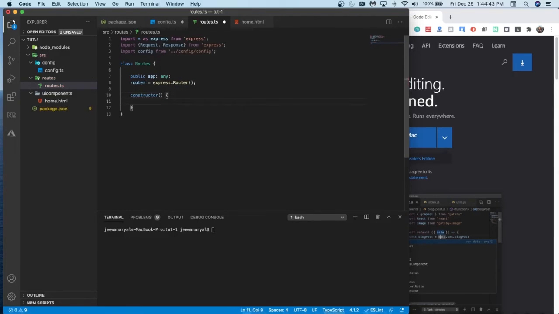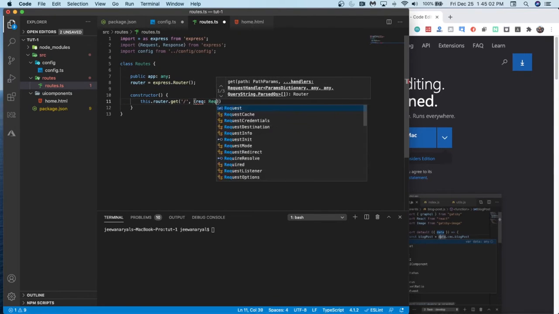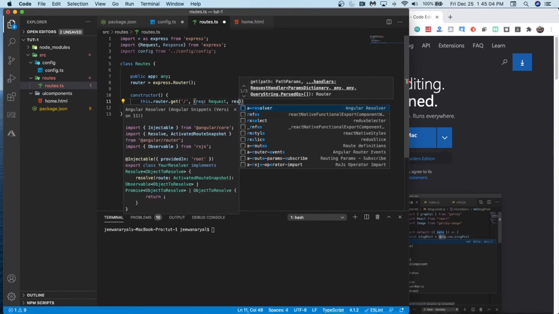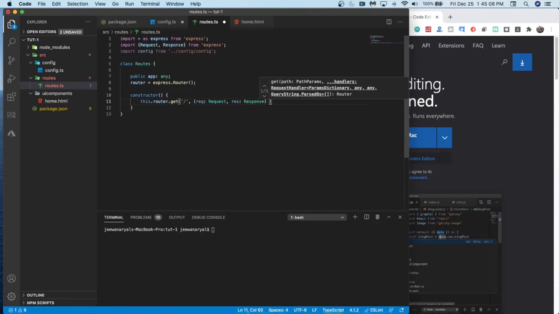So inside the constructor, we're going to have this.router. Let's define our first get route. So that's going to be our root, and next will be a callback. We can have req as a request and res as a response,